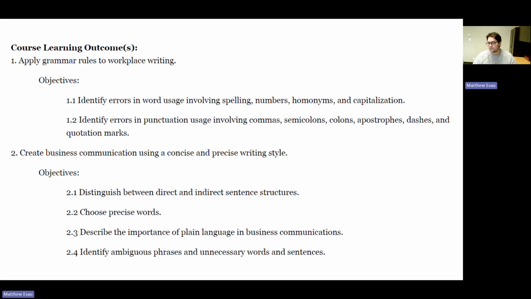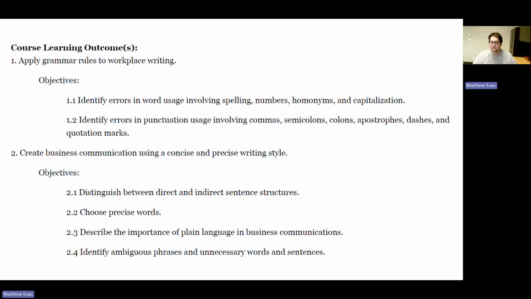All of the courses at SAIT that are for credit have a course outline, and all of the course outlines have these learning outcomes, often split into objectives, and the format is similar across all courses. So getting used to using these in one course will help you transfer that skill to doing the same thing in another course. So one way to use these is to use them to help pick out the main